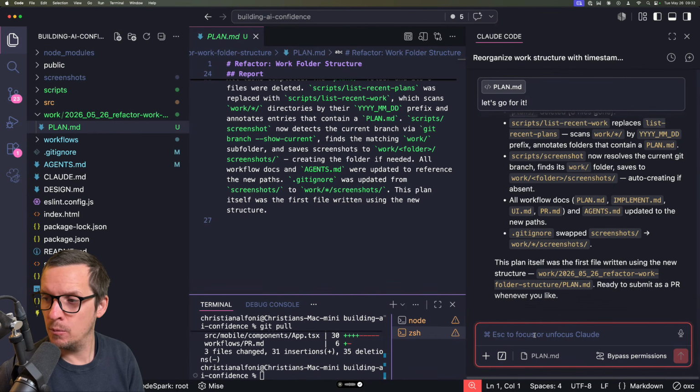So I want us to make one adjustment to the PR workflow, and that is to include information about the work folder in the PR description. Because my idea here is that Copilot on GitHub probably has the PR description in context, so you can actually start just asking Copilot about the work session.